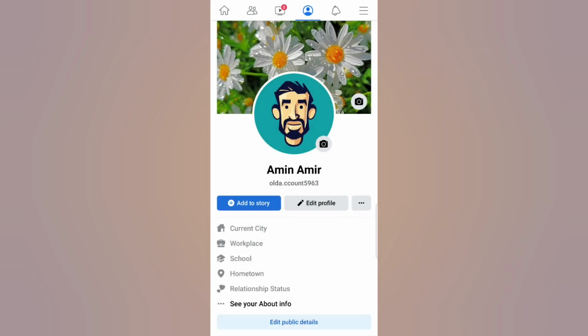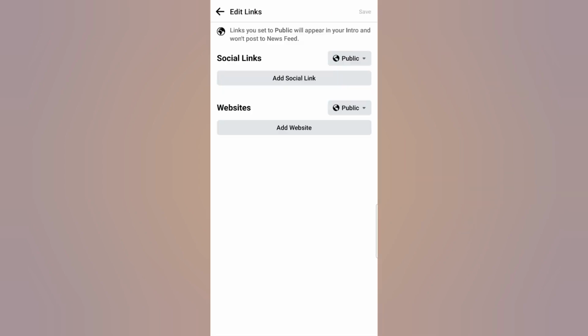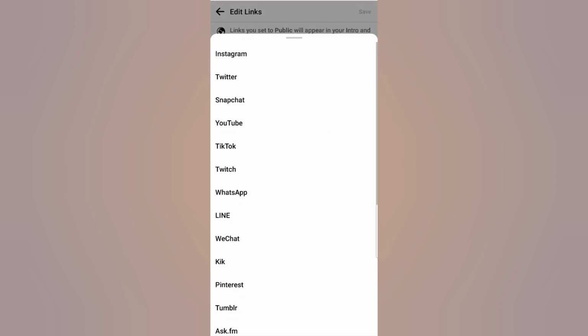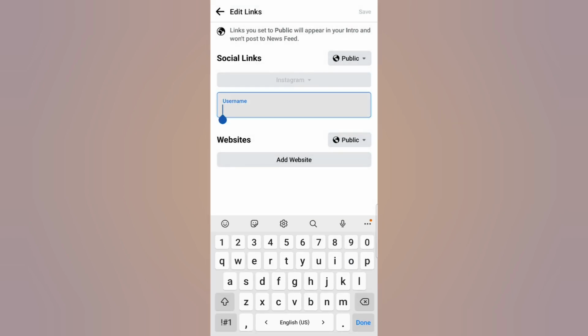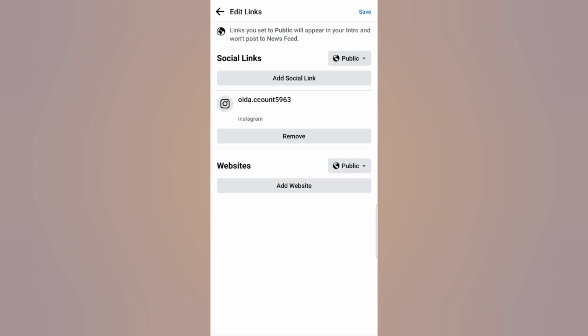However, a better place to add this is to click on edit public details again and scroll all the way down to links. Click on add, and from social links, click on add social link, then select the platform to be Instagram and paste your username or type it here in this field. And once you do that, you can see that Facebook has recognized this as an Instagram account. Click on save